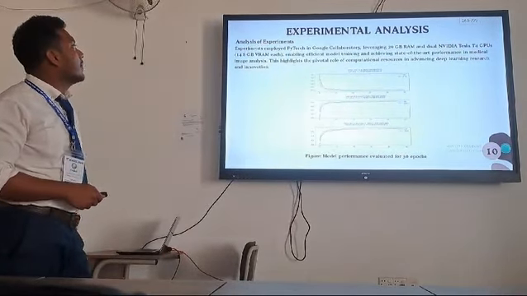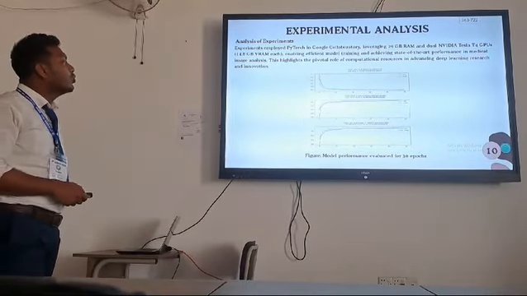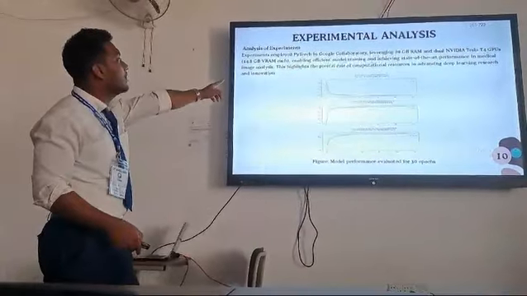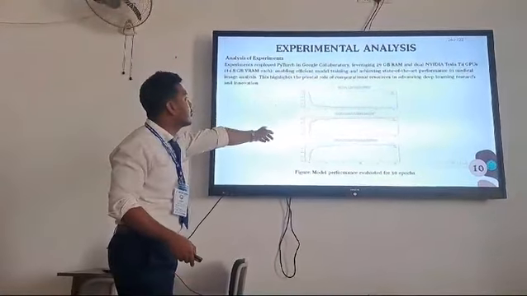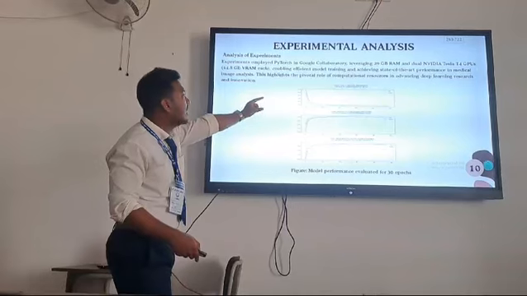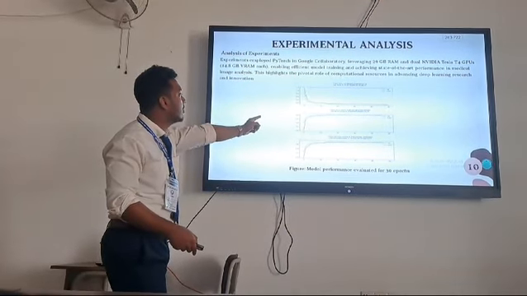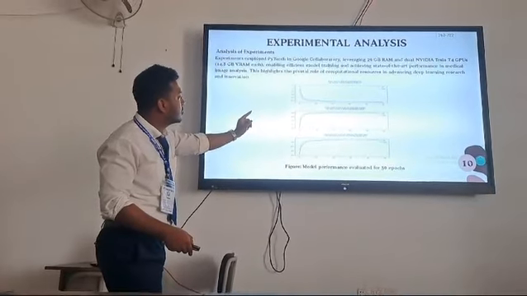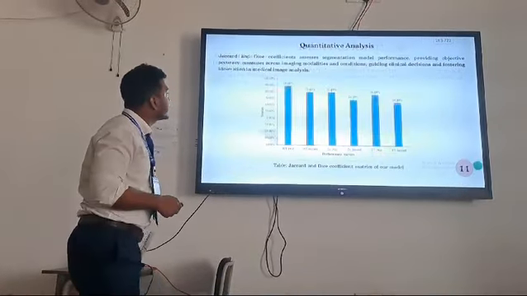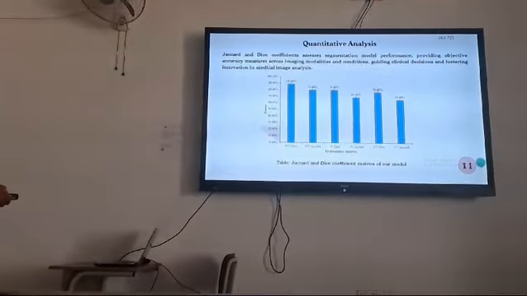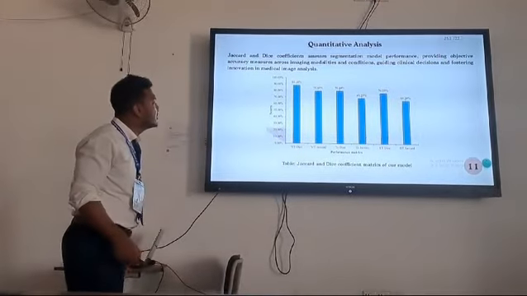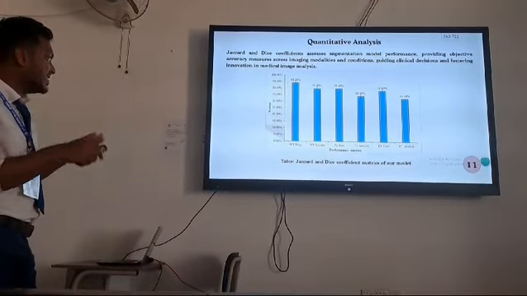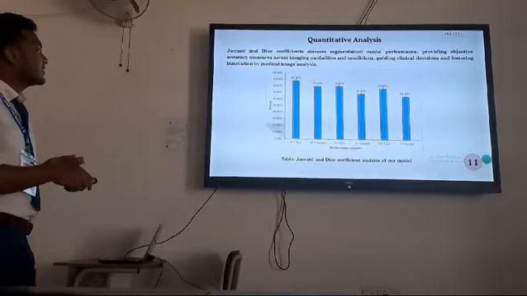Let's talk about the experimental analysis of our model. We ran our model for 30 epochs, and you can see that our model performed pretty well in all the accuracy tasks, in training loss and validation loss. We also saw tremendous results in the Dice score, validation score, and Jaccard scores. This is the quantitative analysis. Here WT means whole tumor and TC means tumor core. We computed Dice scores and Jaccard scores in different sections, and we got our result here.